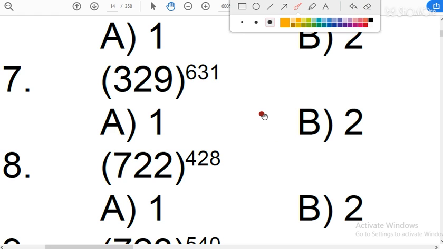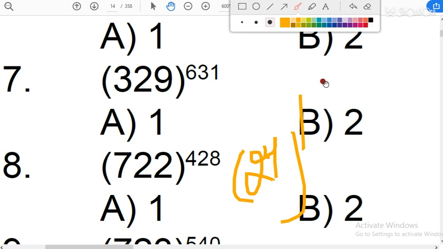After that I will move to checking the answers. Okay, so in the next question, 2 raised to the power. Now students, 2 raised to the power 4 has the value 16. So I will write here 2 raised to the power 4. 4 ones are 4, 40. So 107 will be here. Now 2 raised to the power 4 will give me 16, 6 as a unit place.